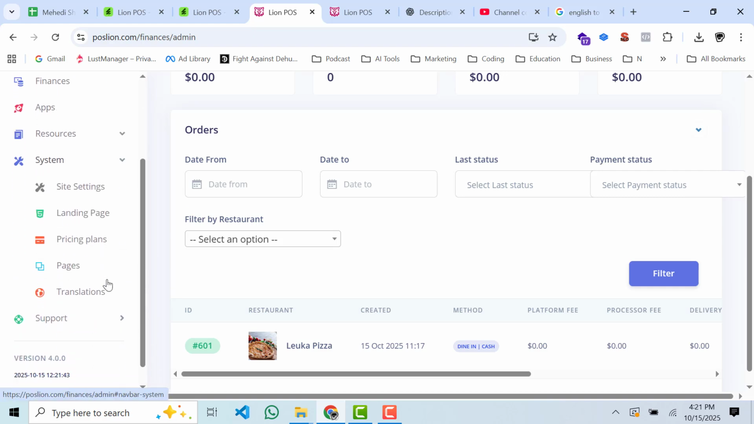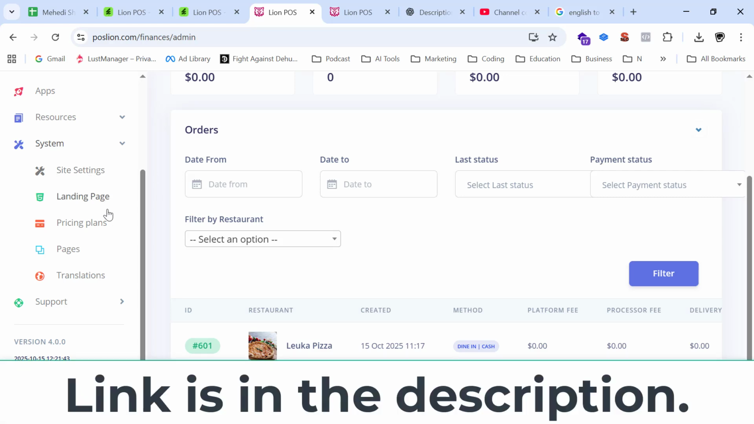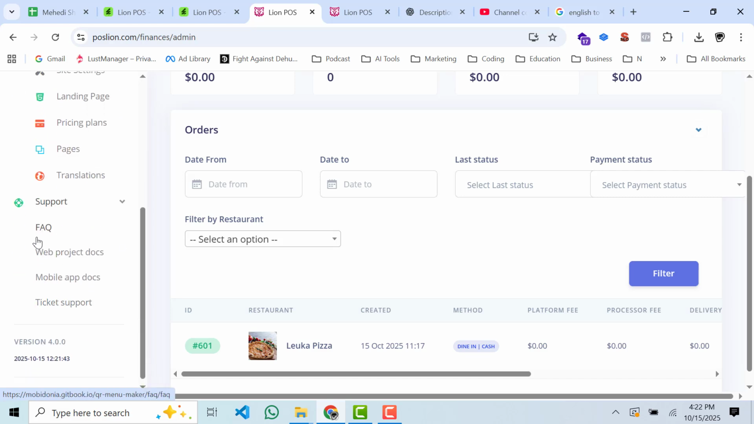system, site setting, language, landing page. Then pricing plan, system, site setting, landing page, pricing plan, page. Then translation, then support, FAQ,